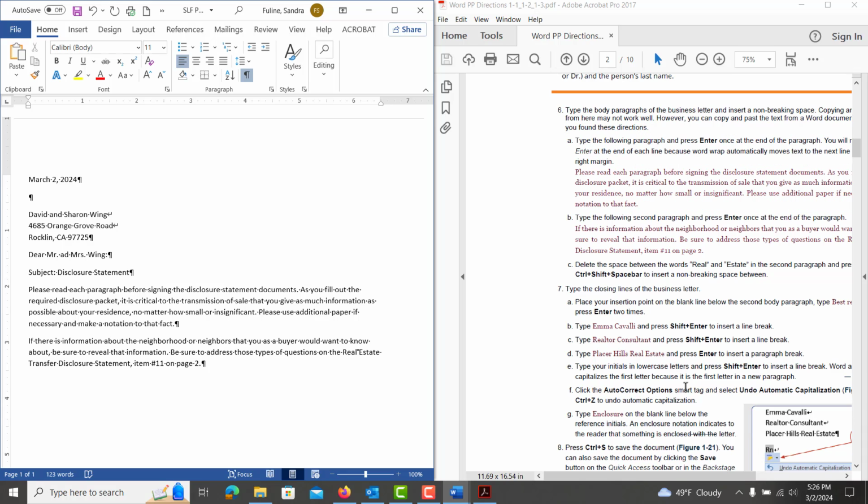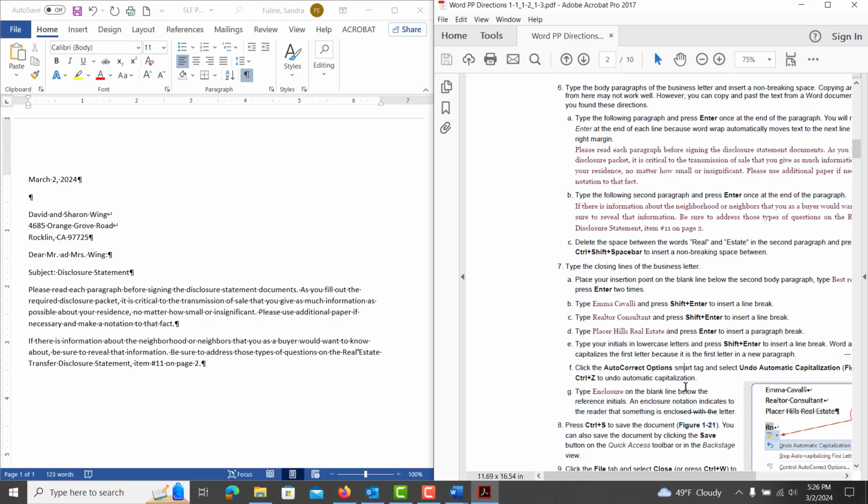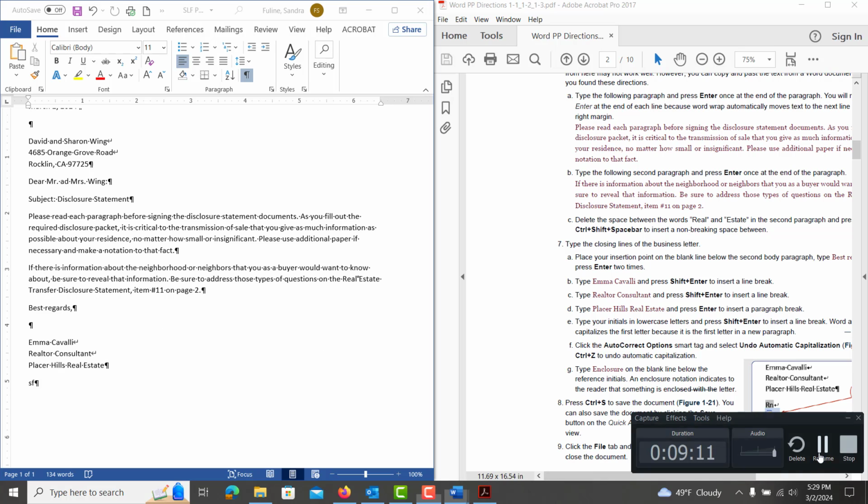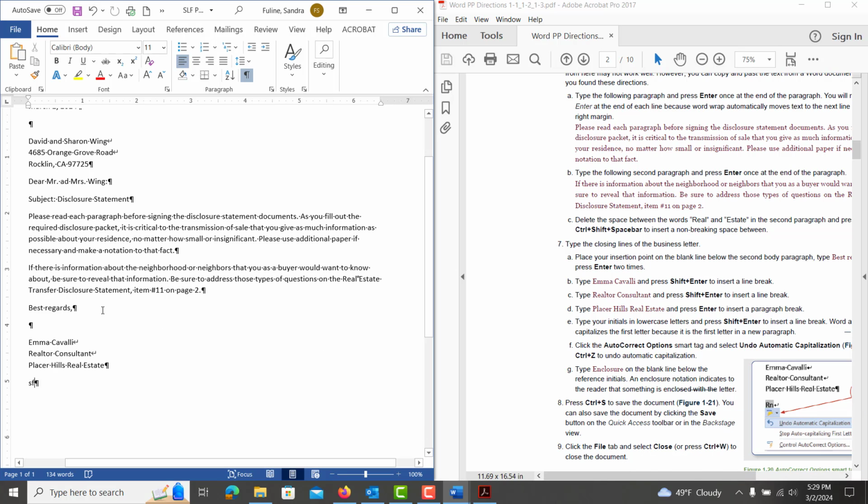From there, you're going to type the closing lines of the business letter, and you're going to place your insertion point on the blank line below the second body paragraph, and you're going to type in best regards. And then you will type in Emma Cavalli, Shift Enter, Realtor Consultant, Shift Enter, Placer Hills Real Estate, Enter, and then your initials in lowercase letters, and then hit Shift Enter. So if you need to pause the video at any time, you can, and you can type this out. Then after your initials, I'm going to hit Shift Enter here, and we are going to